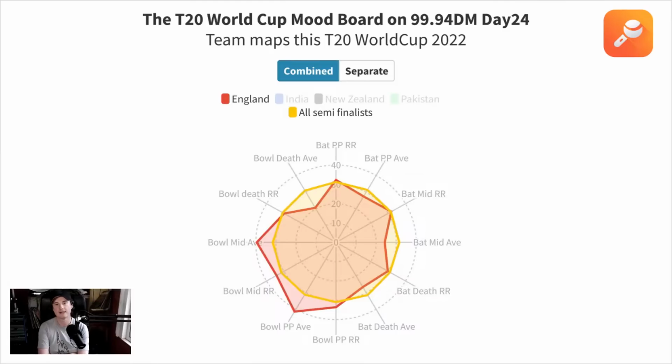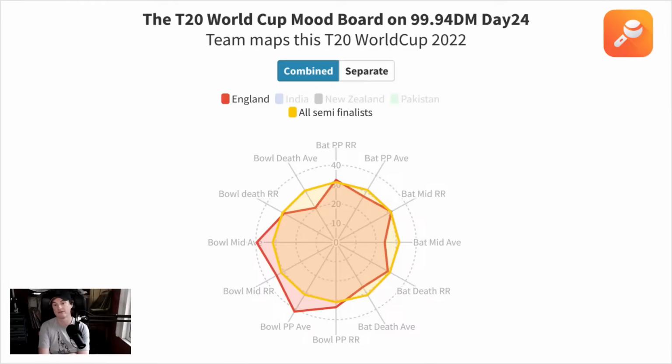So if you look at that batting power play run rate, it's slightly above the others, but it's no massive strike there. And part of the reason is that they have been losing wickets at the top. And you can see that with the average. So I suppose the best England teams, they were going very hard, but they weren't losing a lot of wickets. They were probably losing around the normal amount of wickets at that point. And you can certainly see from this that things have changed just a little bit, and that they have started to lose more wickets and things have changed ever so slightly for them there.